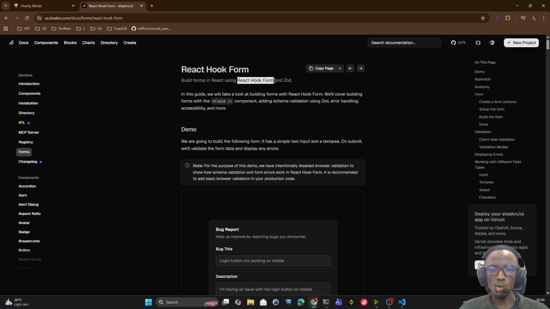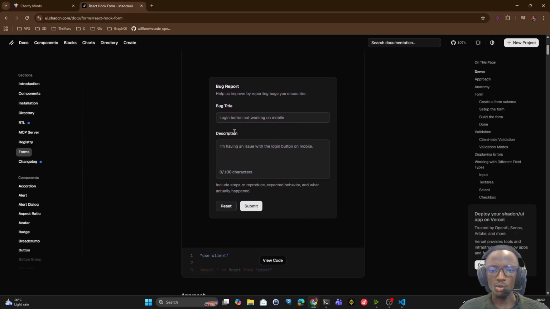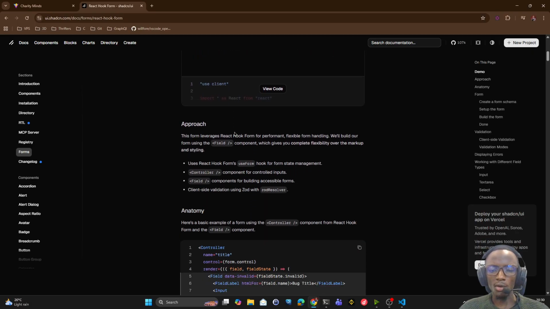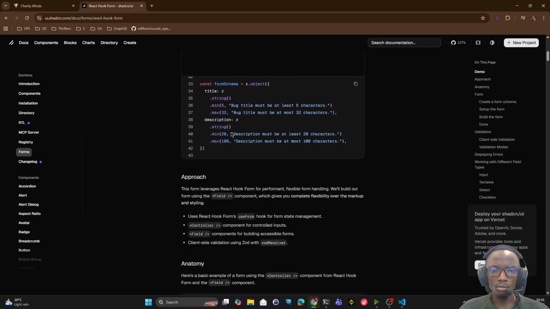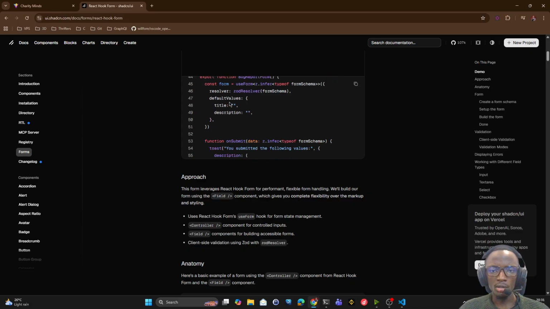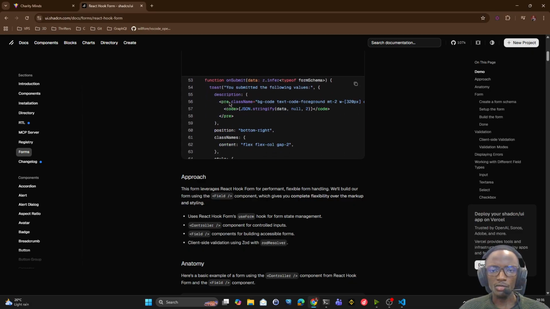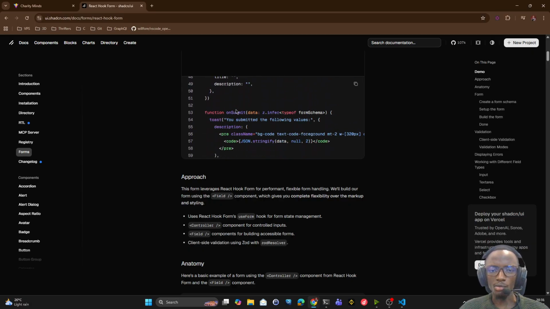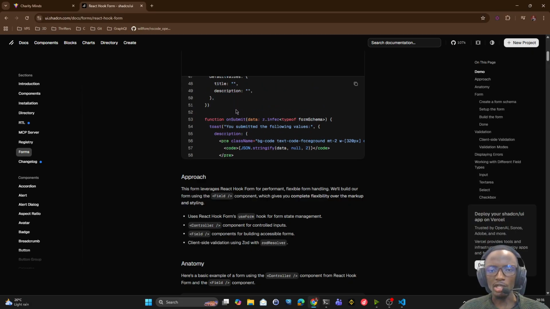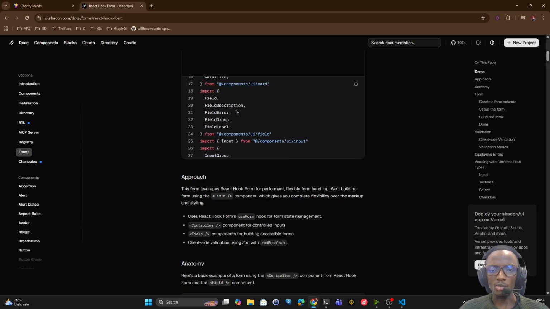So, the use of React Hook Form and Zod. A combination of these two things is the best way to work with forms. This is Zod validation, creating a schema. It will seem like it's more code, more complex, but once you get used to working with it,